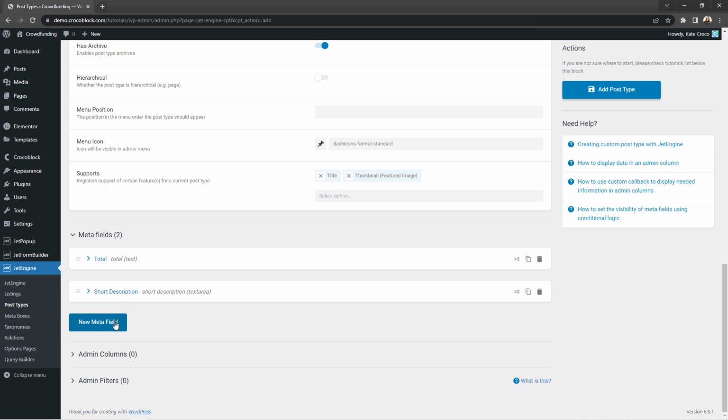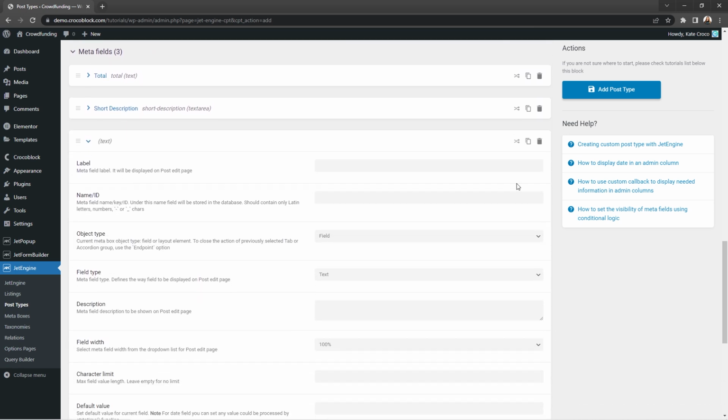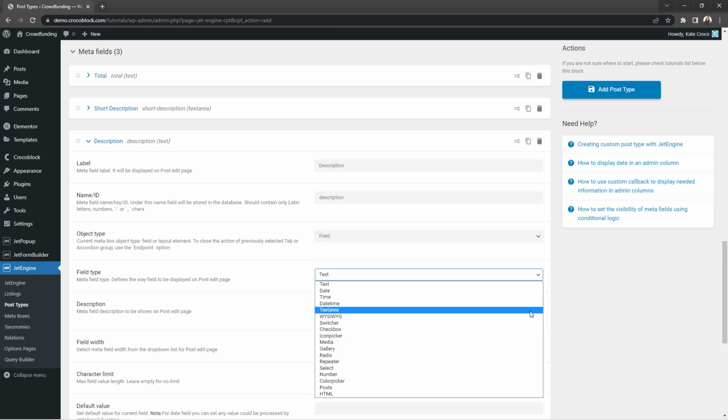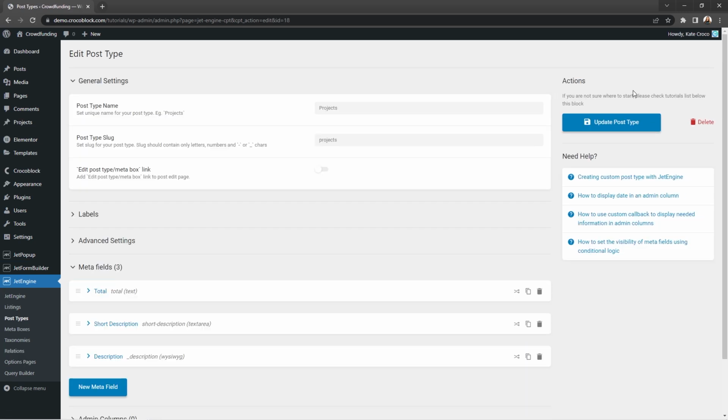And the third one will go for the full description. Label: description, name or ID: description, object type: field, field type: WYSIWYG. Okay, now we can save the changes and proceed to our newly created CPT and add a couple of projects